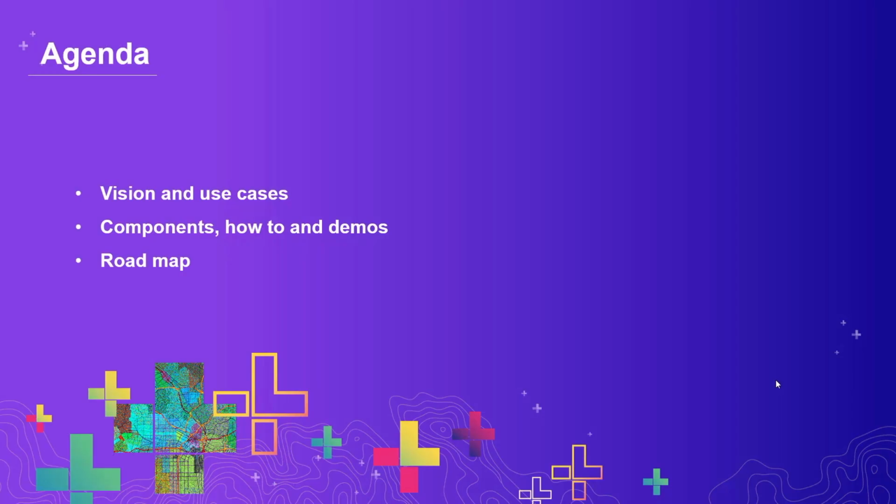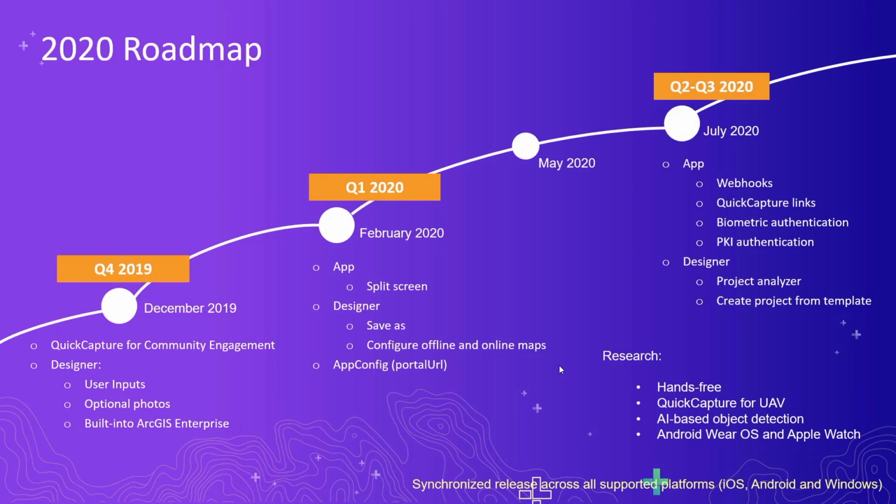I think we shared plenty to keep you busy for a while, but I want to share also a little bit about our roadmap. Our general philosophy towards releases is to have frequent updates synchronized across all supported platforms: iOS, Android, and Windows. Updates come roughly every 8 weeks. So what is coming? Well, we are now looking at our Q2, Q3 timeframe, and these are some of the